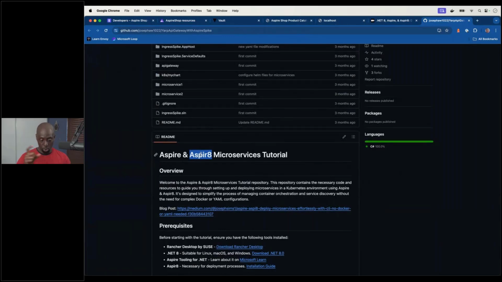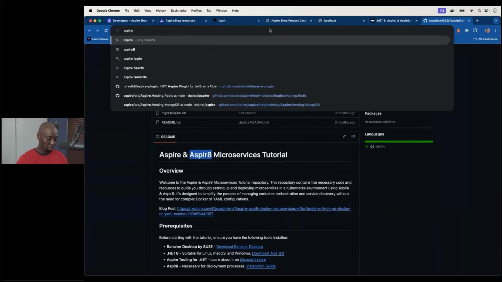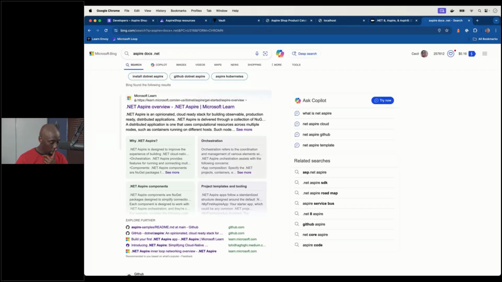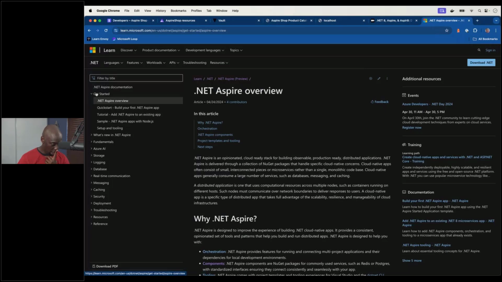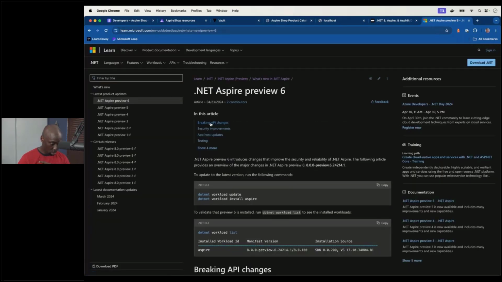Again, you'd have to add the AWS component. Actually, I think if I go into the Aspire docs, it does have that option as well. I think that one was added in, if we go to what's new, is it in this one?